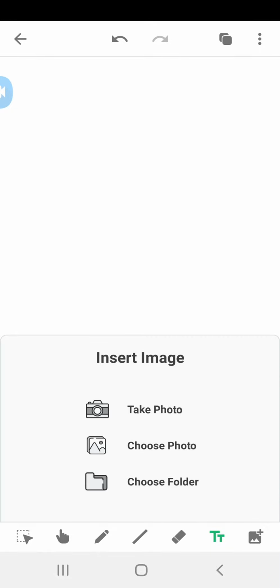Next, I will explain to you about the photos. So I will choose the photo. If you are teaching at that time also, you can take the photo and show the activity which you have, meaning the page which you have taken. You can take the photo at that time and explain it. Even you can go with choose photo if you already have any photo by which you want to show the activity, how they have to do it, or you want to show what this image is about, the mind map, or anything more about it, right?